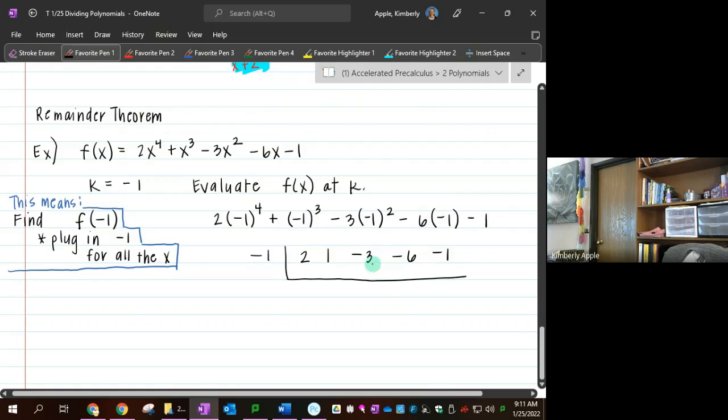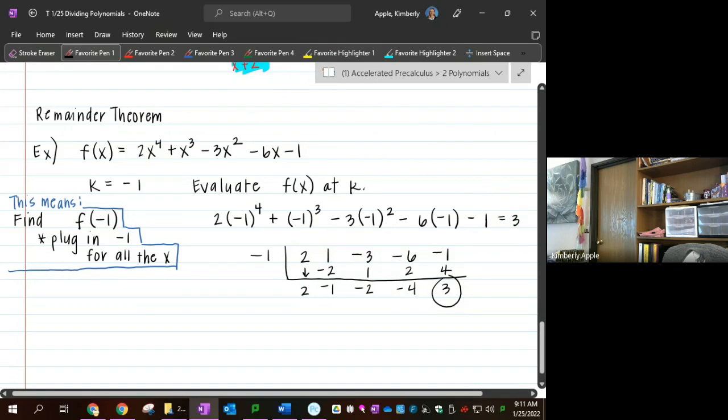2, 1, -3, -6. There we go. 2 is -2, so that's -1. This is +1, -2. 4, +4, 3. So what the remainder theorem says